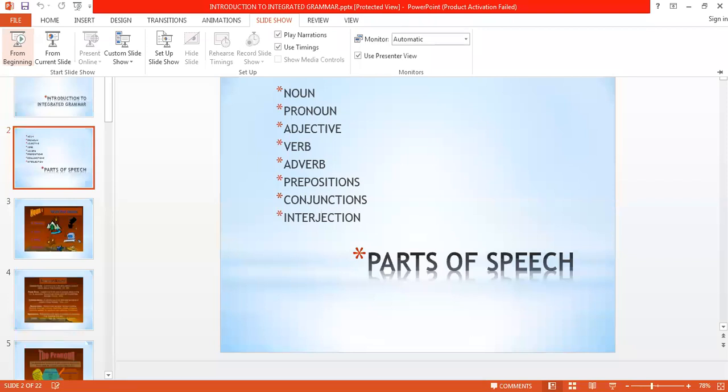Sometimes we have two types of actions. Some we have the physical action. We move our body part. But sometimes we do not move our body part, we only do the work mentally, like we think, we like. So these are the mental actions, the mental verbs. In the same way, when the things are mentally named, these are called abstract nouns. Next comes the material noun. Material nouns are the words which are given to the names of materials.